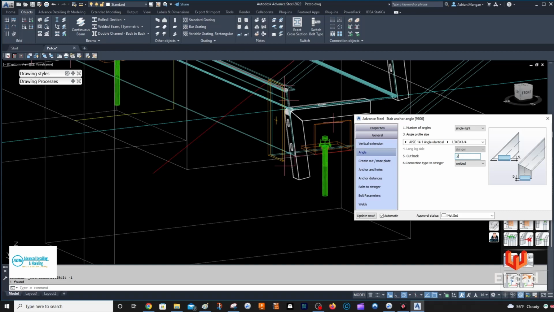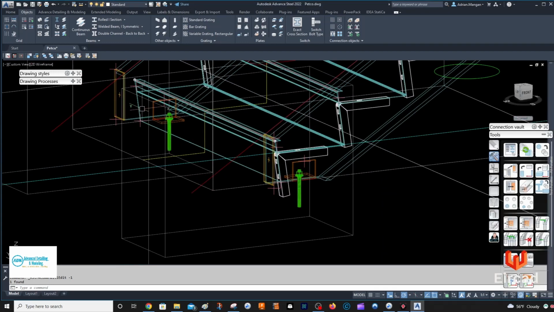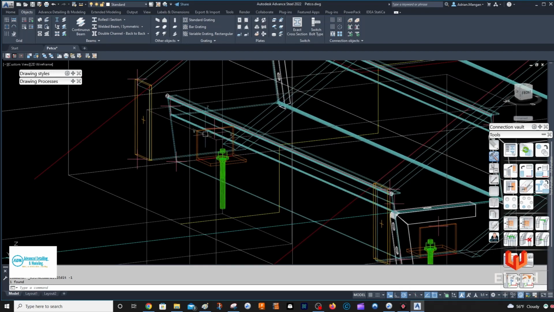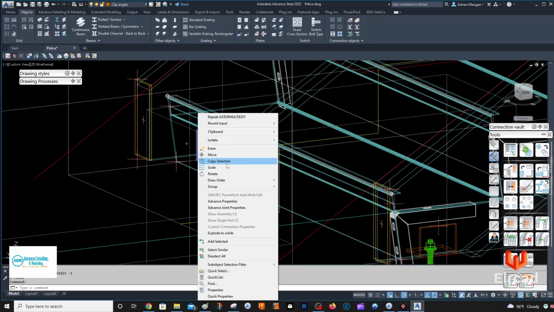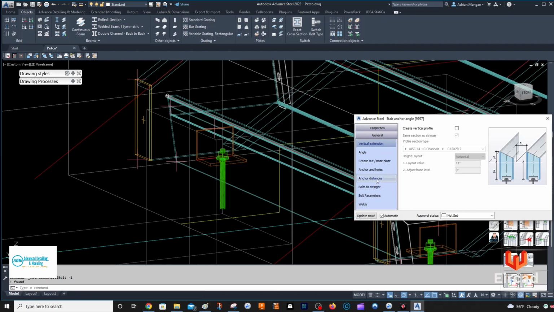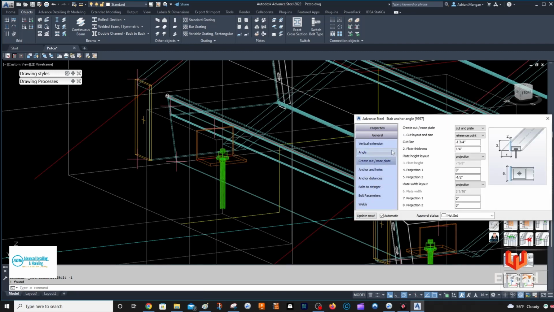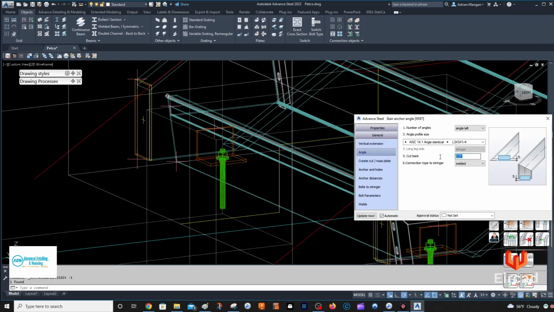I'll just do 0.25. And same over here. I'll probably put a bolt from this into the stringer, probably, not sure yet. I'll have to ask the client. So sorry, the cut back 0.25,